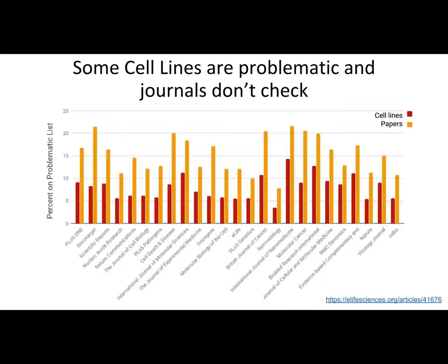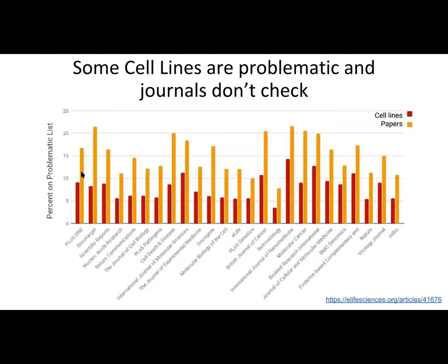So there are certainly some very good journals out there that we did not test because we could not get access to those. But you can see here in PLOS ONE, and there are two bars here. The first one is the cell line, the percentage of cell lines on the problematic list in a PLOS ONE paper. Here it is about average for the entirety of the corpus that we looked at, about 8.5% or so. And you can see that varies a little bit here and there.